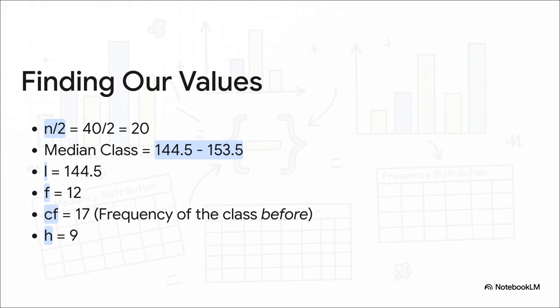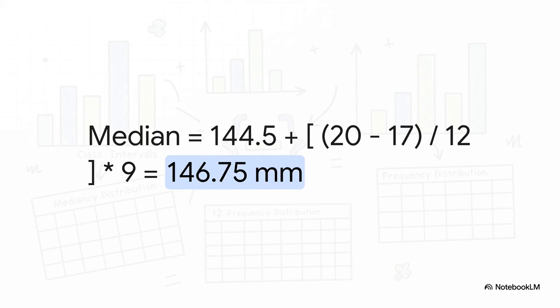चलिए अब हमारे फॉर्मूला के लिए सारी वैल्यूज इस टेबल से निकालते हैं। n/2 है 20, हमारी मीडियन क्लास है 144.5 to 153.5, तो L यानी लोअर लिमिट हो गया 144.5। उसी क्लास की फ्रीक्वेंसी F है 12 और CF याद है ना, मीडियन क्लास से पहले वाली क्यूमुलेटिव फ्रीक्वेंसी यानी 17, और क्लास साइज H है 9। बस सारे पजल पीसेस हमें मिल गए। अब बस उन्हें फॉर्मूला में सही जगह पर फिट करना है। L की जगह 144.5, n/2 की जगह 20, CF की जगह 17, F की जगह 12 और H की जगह 9। अब जब आप इसको आराम से केयरफुली कैलकुलेट करेंगे, आपका फाइनल आंसर आएगा 146.75 मिलीमीटर्स, और यही है हमारी मीडियन लीफ लेंथ।